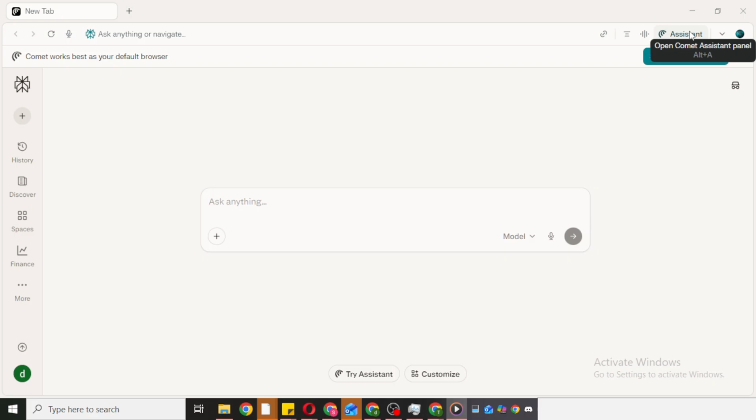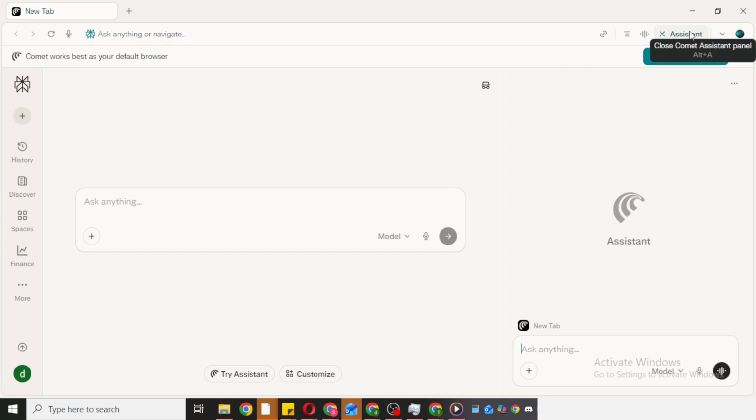To enable it, simply click Assistant. That's all you need to do. In most cases, the Assistant activates immediately. You'll usually notice a small visual cue, perhaps the button highlights, a toggle shifts to the on position, or a brief confirmation appears, letting you know it's now active. Once it's on, the Assistant is ready to help within Comet, making it easier to find answers and stay focused